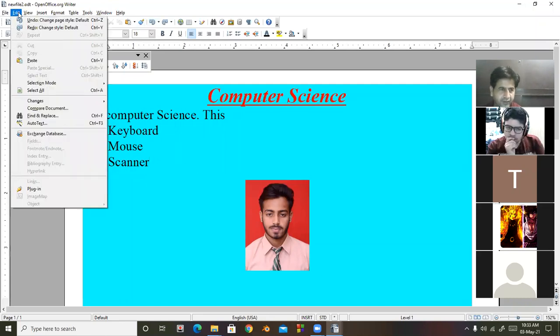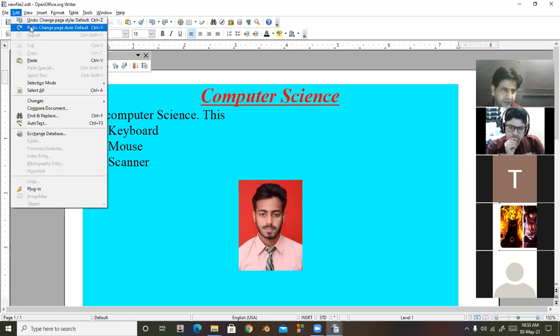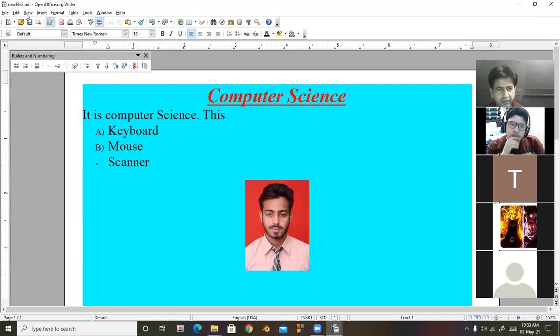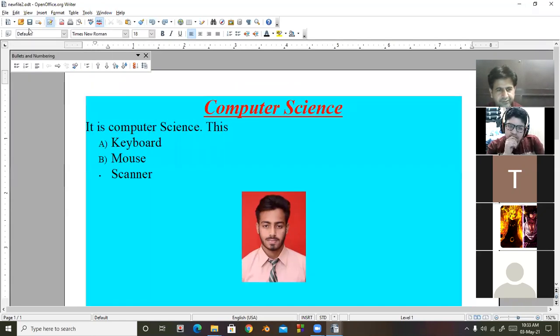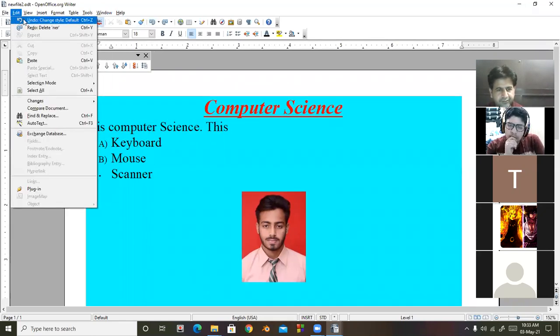The Undo button is also available in the Edit menu. And if you apply undo, the reverse of that is redo. So look at here. Undo.